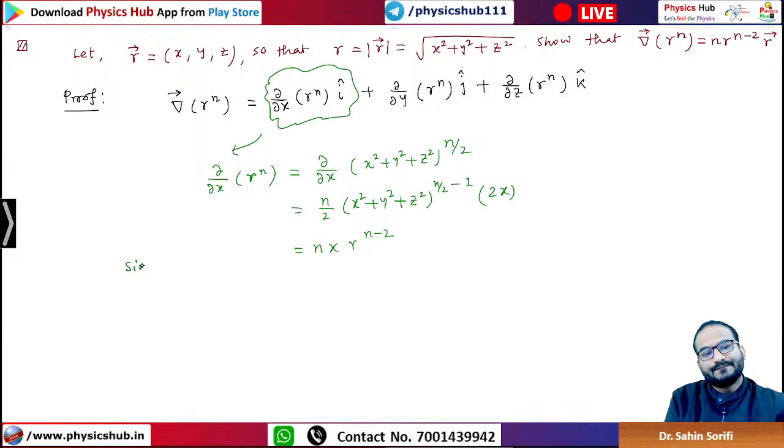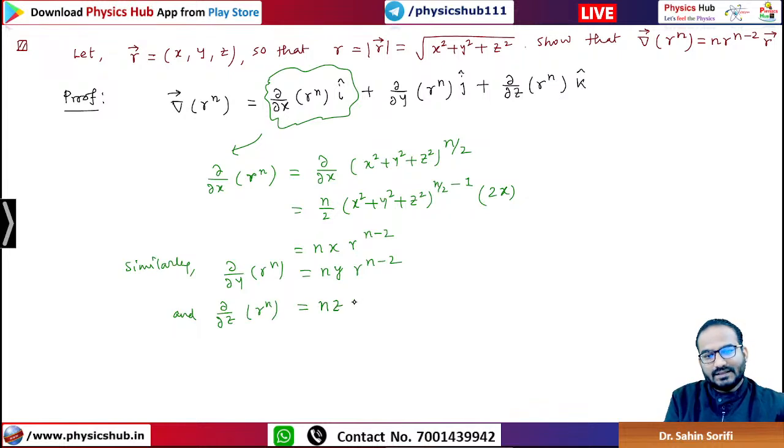So similarly, for del y of r to the power n, what are you going to get? n y r to the power n minus 2. And if you calculate del z, what are you going to get? n z r to the power n minus 2. And hence the gradient of r to the power n will become,